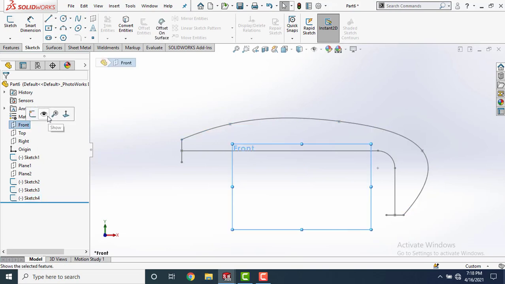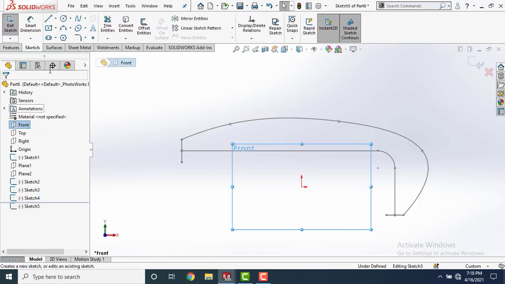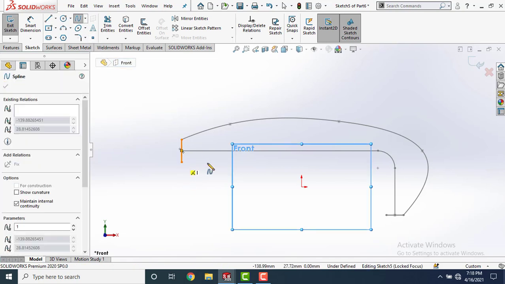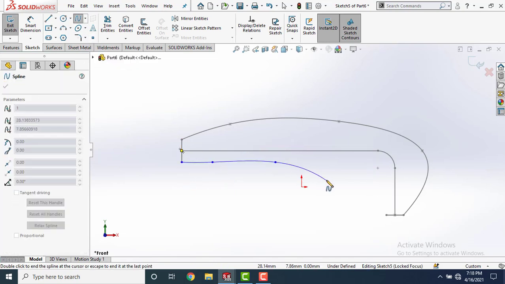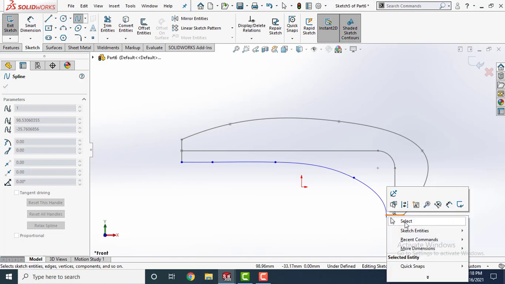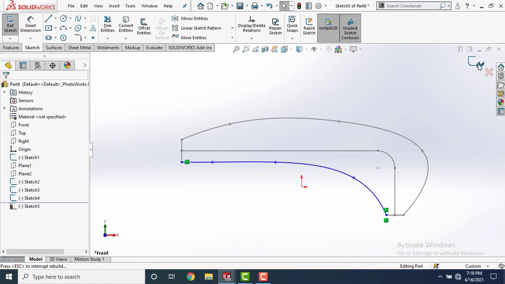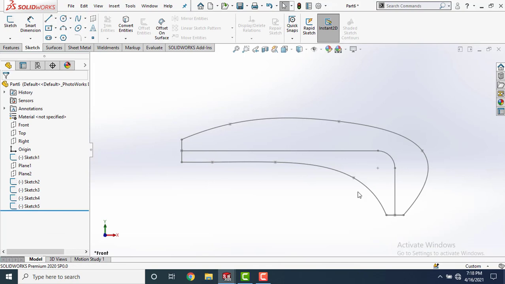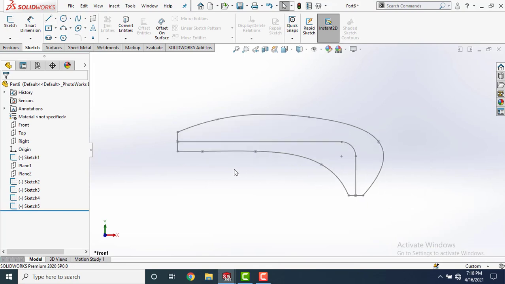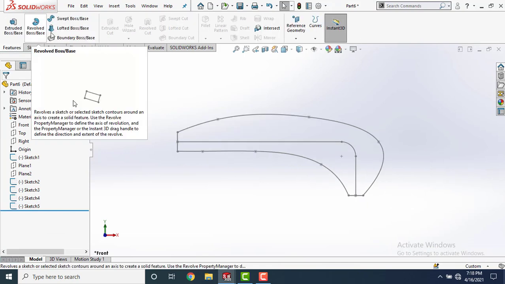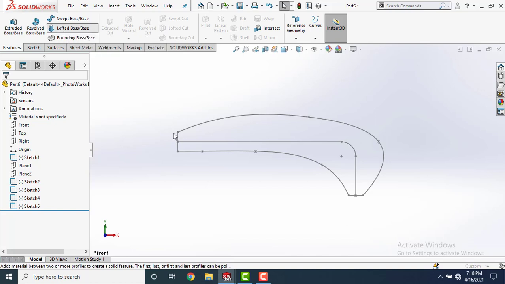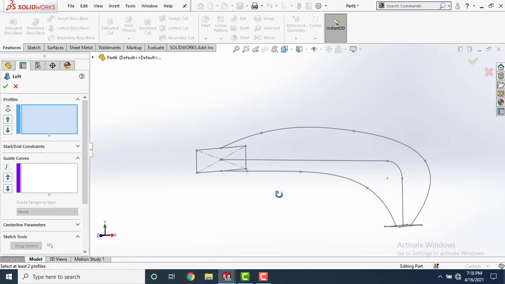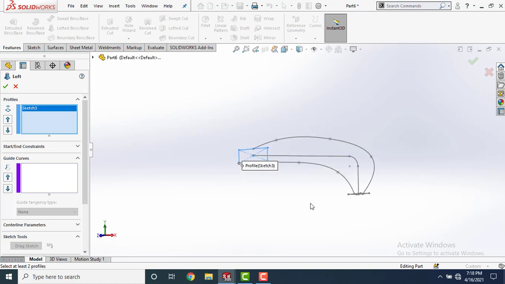Again select front plane, select sketch, take spline from here and create another guide curve. Like this. Right click, select. Come out of this sketch. Now we have two guide curves. Go to features again, select lofted boss. In profile, select these two rectangles.